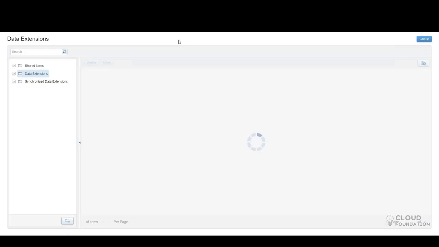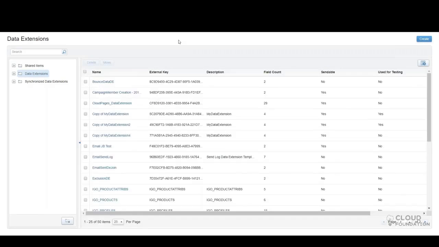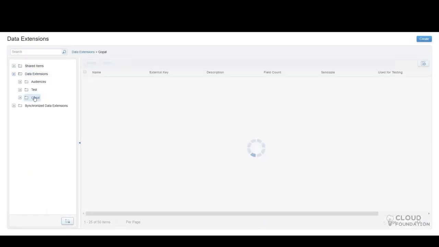In Salesforce, we have the concept of objects, standard objects and custom objects, right? In the same way, in Marketing Cloud, we have the concept of data extensions. You can just think of it as an object in Salesforce.